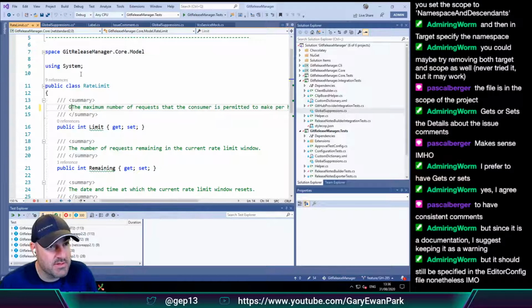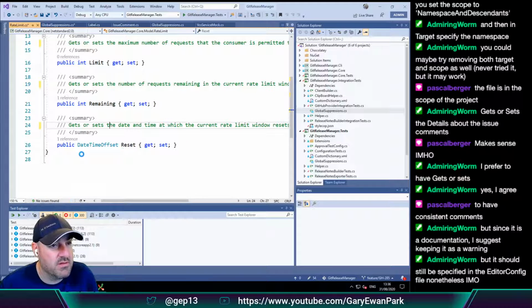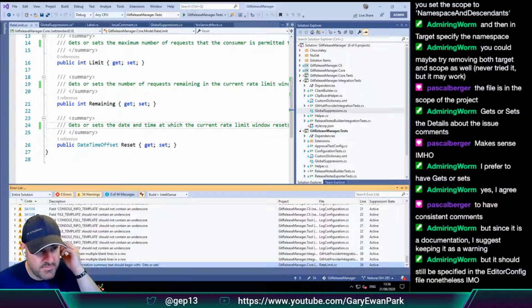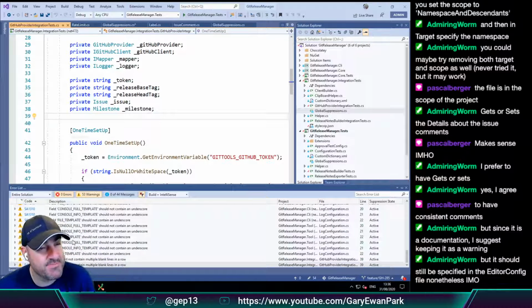Edit, undo. Gets or sets the maximum number. Copy. Gets or sets the number of requests. Gets or sets the. So far, so good. See, that's a 15.